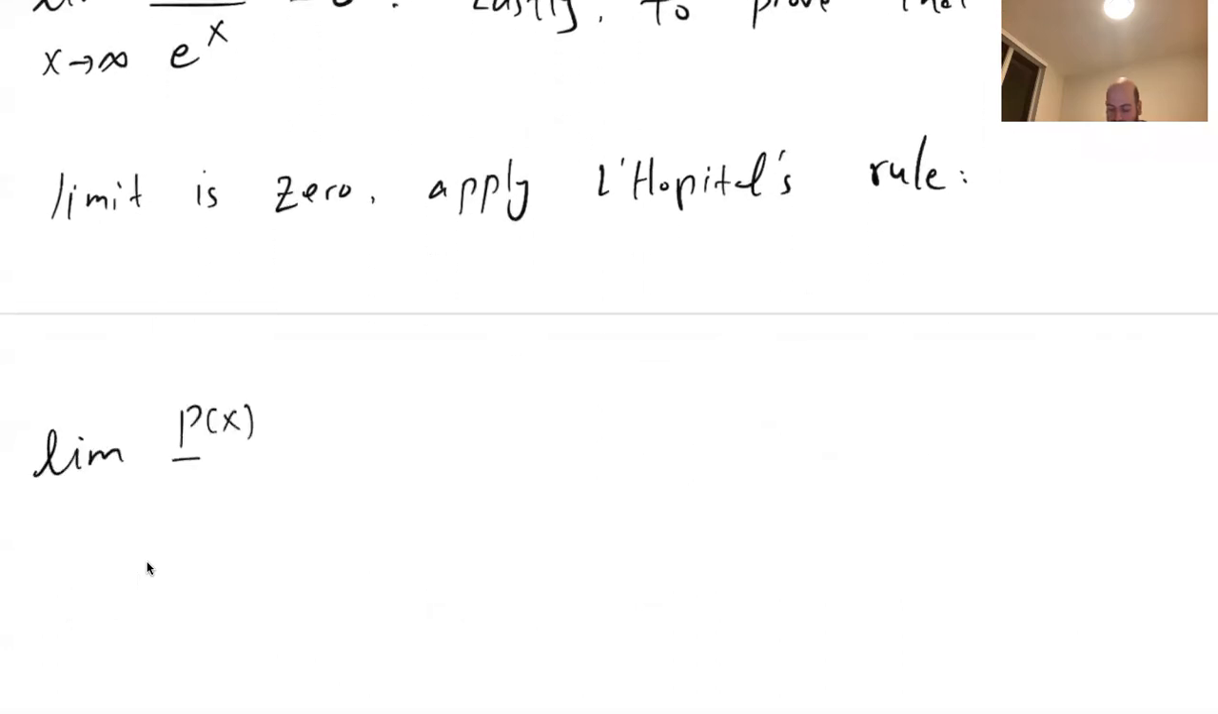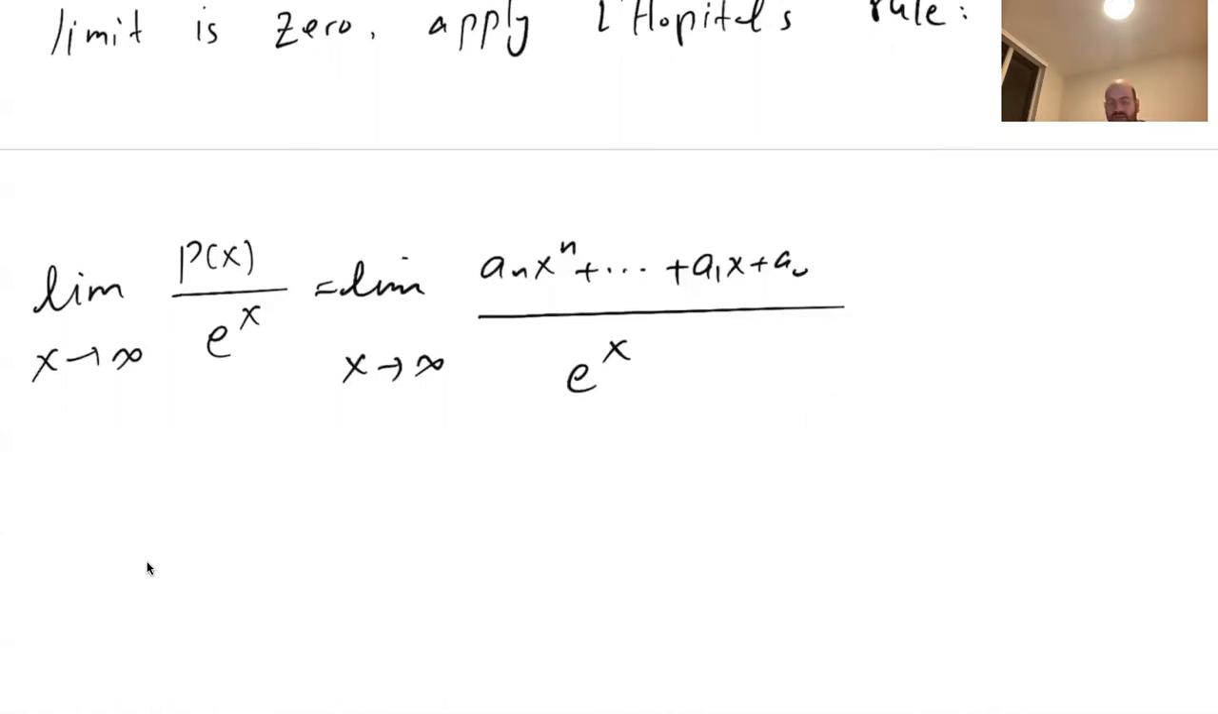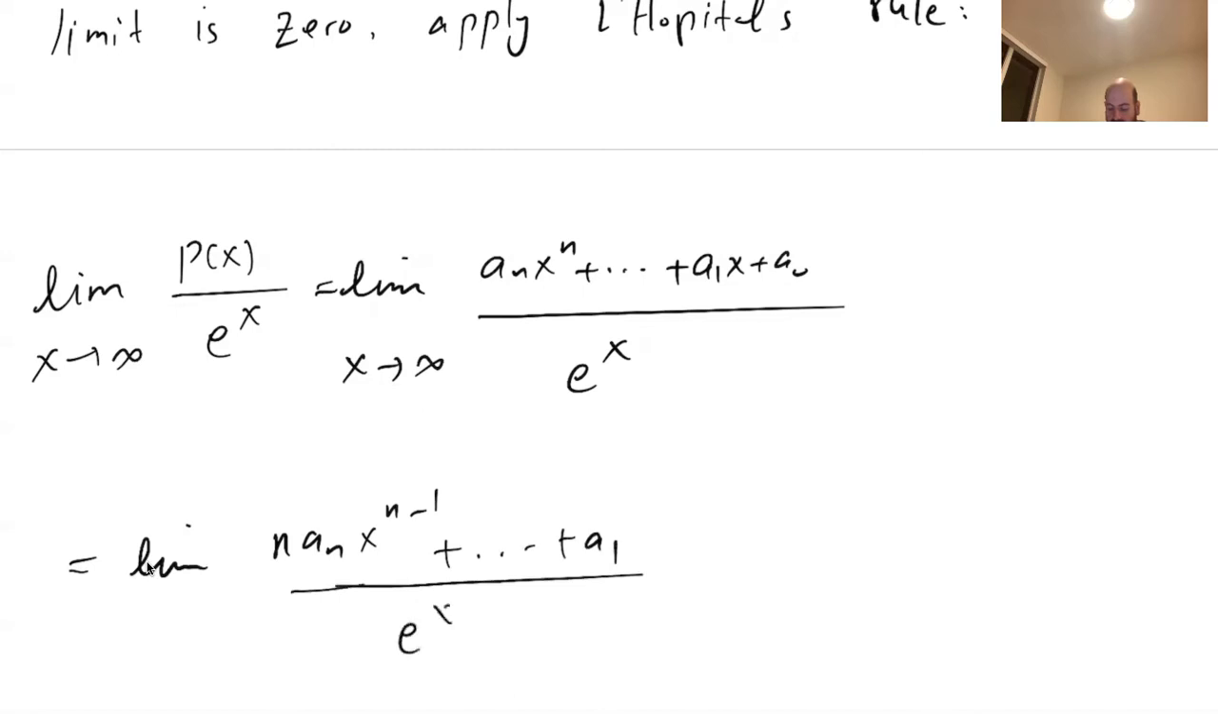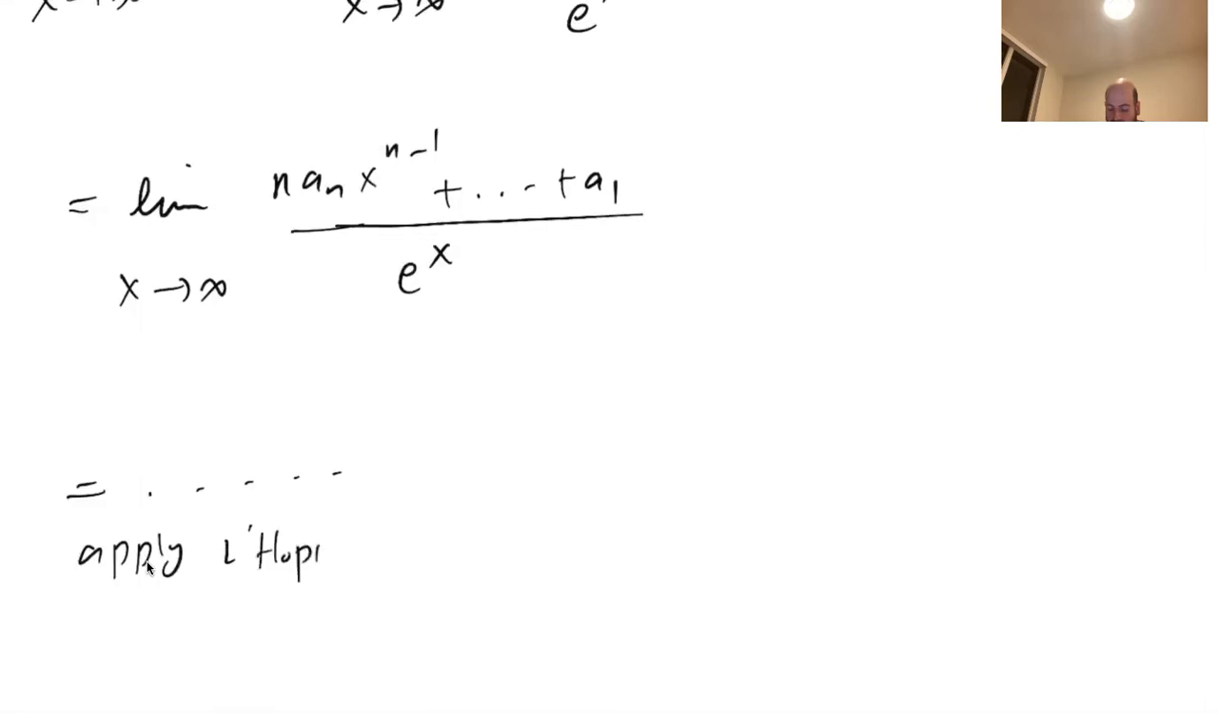So the limit of p of x over e to the x as x goes to infinity equals the limit of a_n x to the power n plus ... plus a_1 x plus a_0 over e to the x. Now this limit is of the form infinity over infinity, so we can use L'Hopital, which means we differentiate top and bottom. So the limit of n a_n x to the power n minus 1 plus ... plus a_1, divided by, but the derivative of e to the x is still e to the x. And if you continue to apply L'Hopital's rule n times,